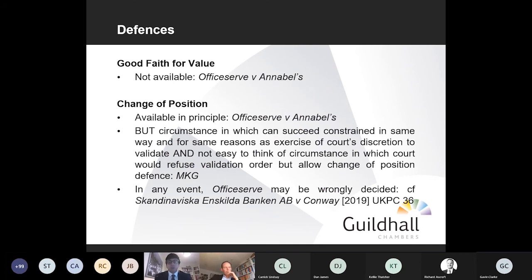And Judge Matthews made the point that that defence can't possibly be available where the claim arises out of a void disposition. Because otherwise, if you think about it, that would mean that where the disposition is payment for goods supplied, for example, you can't get a validation order, it's void, but someone could simply avoid having to pay it by saying, yeah, but I gave value. So obviously that defence can't be available.